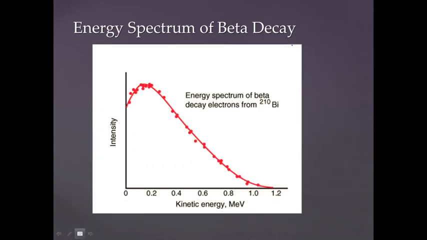Okay, now this is a typical beta curve energy spectrum. You can see that this is the intensity. This also could be the number of electrons, number of electrons or intensity. This is the energy. You can see that the energy varies from 0 to somewhere around 1. Okay, dear students, here, the beta energy, this has to be understood.